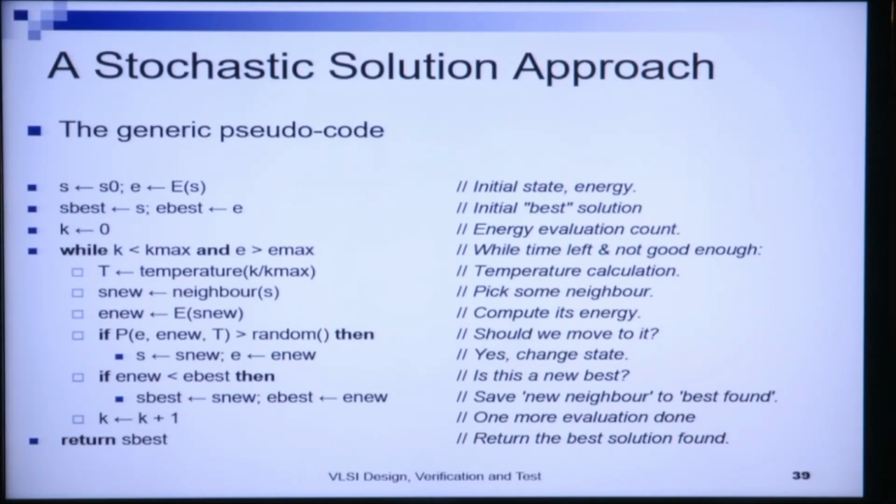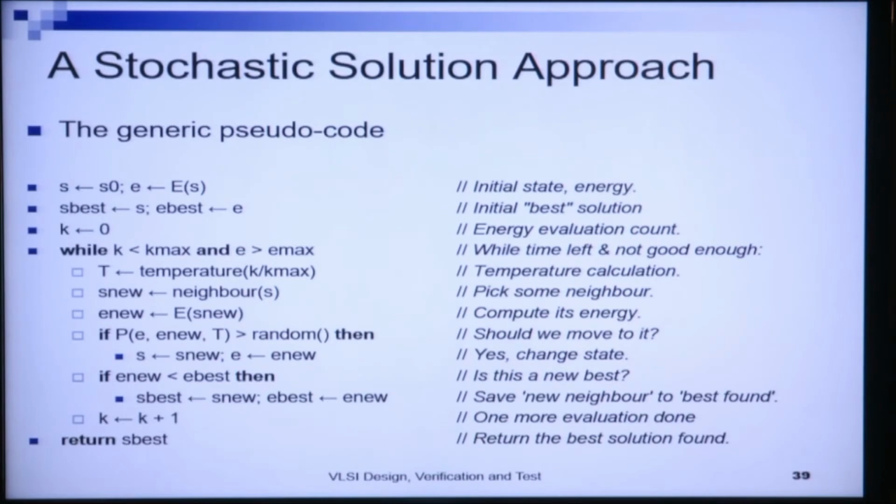Now initially, because S is the only solution that I have, the only merging, and E is the only cost that I have, the current best state and the current best cost is S and E. So I allocate S best equals S, and E best, that is area cost, equals E. So the initial best cost solution is noted here. Now we have an energy evaluation count. Basically this is a counter as to how many iterations the algorithm will move through.